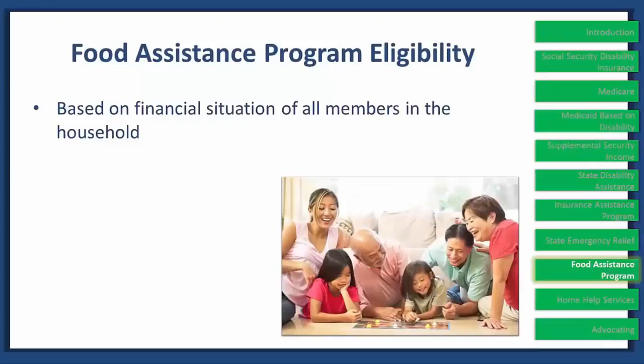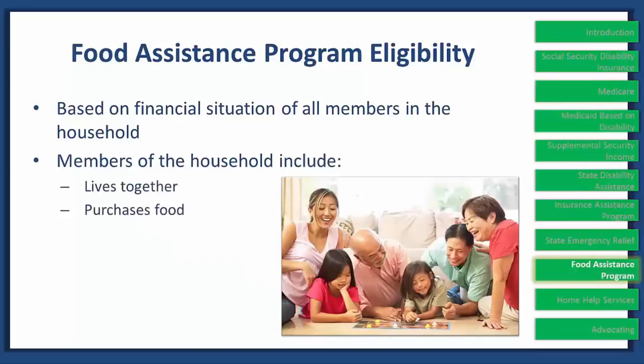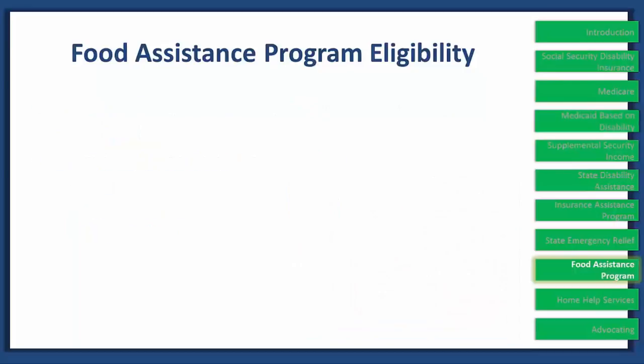Eligibility is based on the financial situation of all members in a household. Everyone who lives together and purchases and prepares food together is considered a member of the same household group. Like the other programs we've covered, eligibility for the Food Assistance Program is based on certain household expenses, income, asset